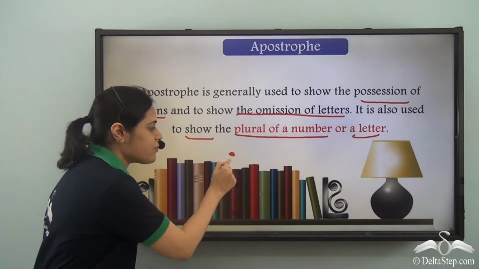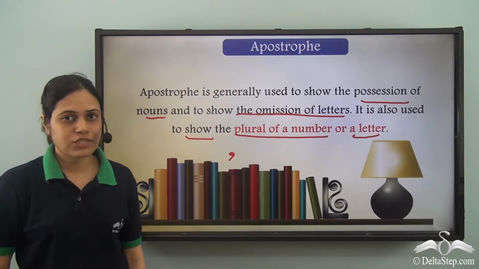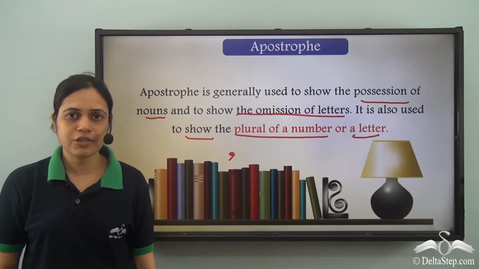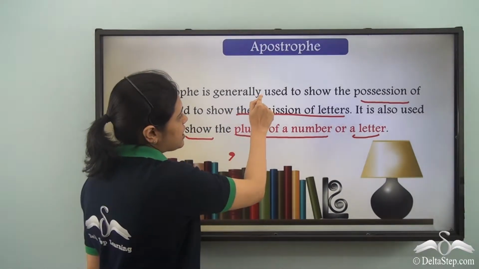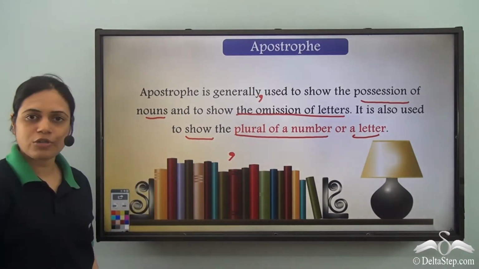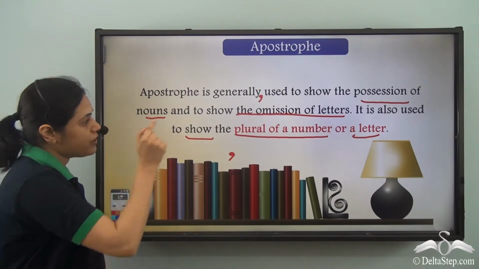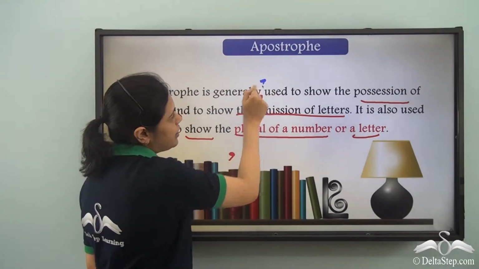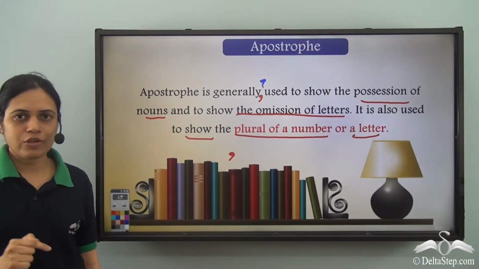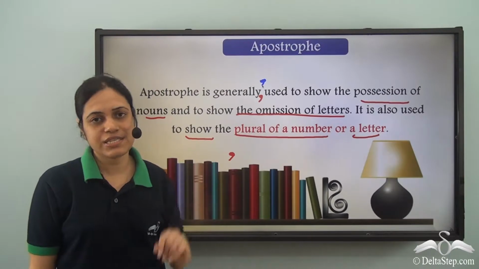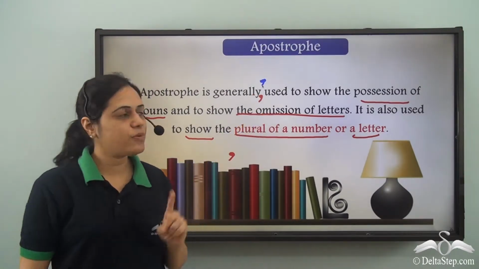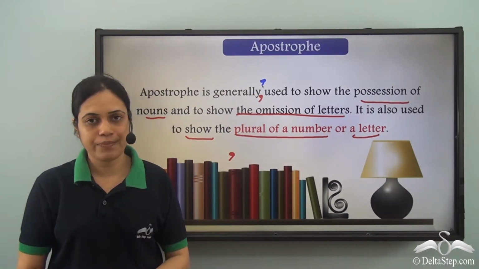Now this is an apostrophe. It looks like a comma. It is very similar to a comma, but a comma is placed after a word at the bottom and an apostrophe is placed after a word at the top. So they look the same, but if it is put at the top, it is an apostrophe, and if it is put at the bottom, it is a comma.